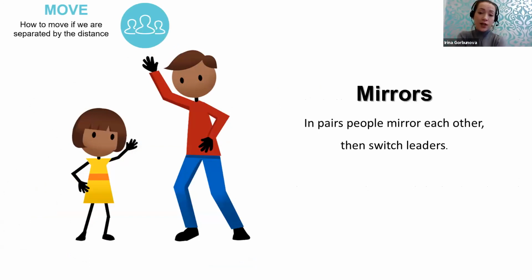And this activity I really like. It's called mirrors. We pair up, and it's funny because we're at a distance and we really see each other mirroring, right? I'm moving this hand to this side, they move the other one, and it just makes our brain work. So where should I move my arm, right? It's also an example of an active game.